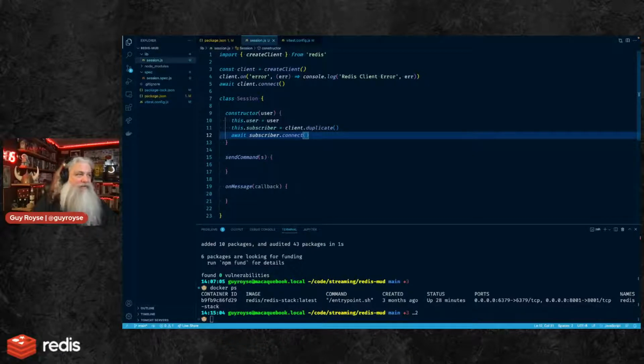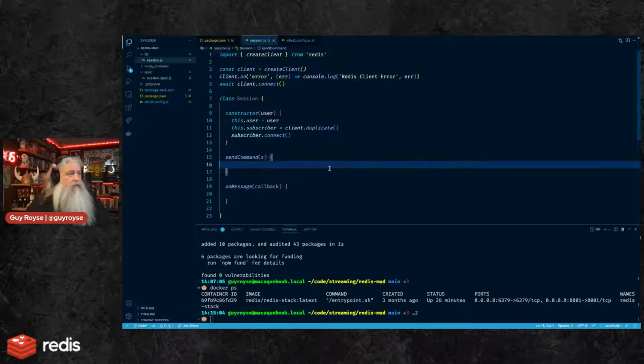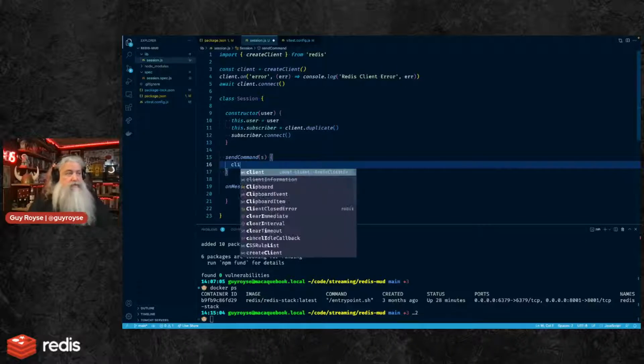I know I can't call await here. That won't work. If I don't call await, it's going to return, and then the next thing that's going to come in, I think I can get away with that without awaiting that. We'll find out. And then we'll do a send command.